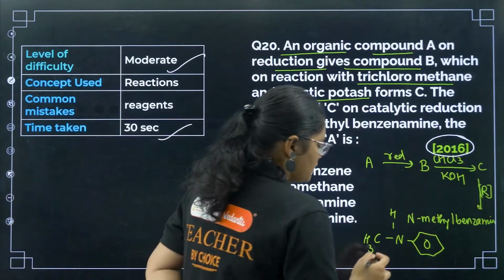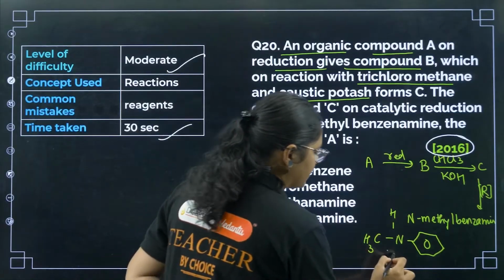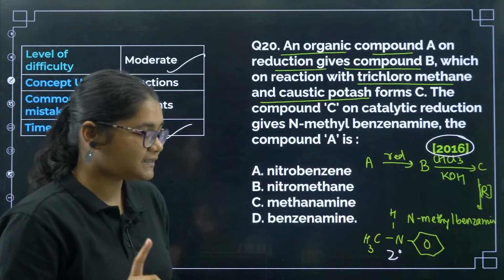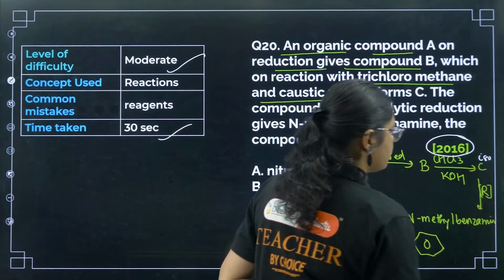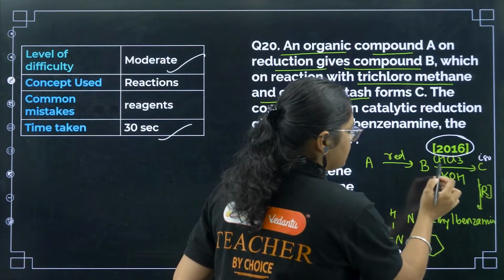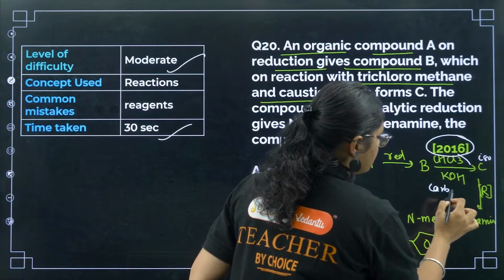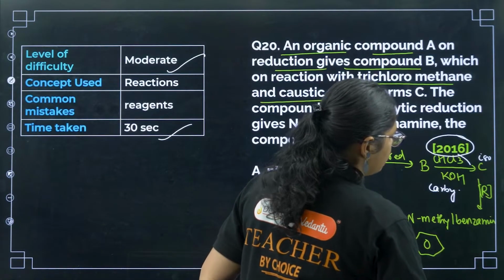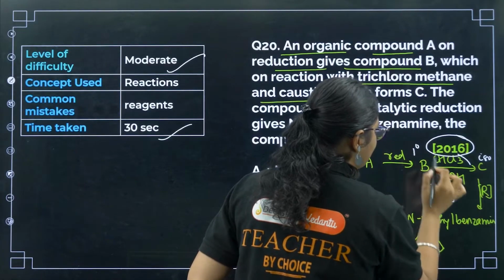Now if you see, first of all, what is this? This is a secondary amine, right. If it is a secondary amine, then this C must be what? Isocyanate, right. And if it is an isocyanate, then this is your carbylamine test, right. Then we get a carbylamine test from what? Primary amines,